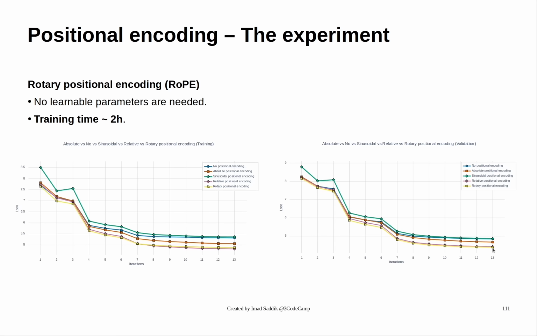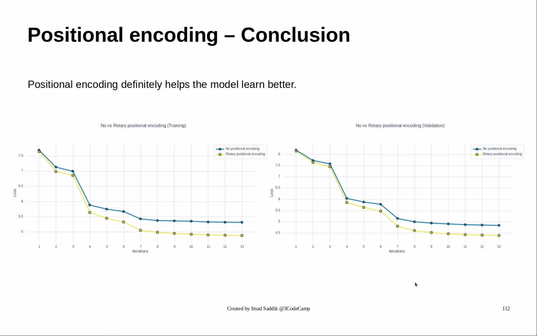But here you can see during the validation, it performed better. So both of these methods are really great. So relative encoding and rope are the best, but since rope took 2 hours to train, and if you remember, relative positional encoding took 5 hours to train, this means that this method, rope, is 2.5 times faster than relative positional encoding, and also it generalized really well. And this is shown by the lower validation loss. So this means that we are going to consider rope as the winner in this experiment that I have conducted